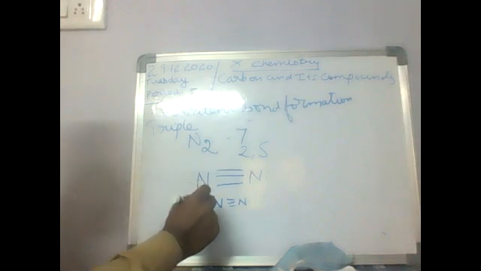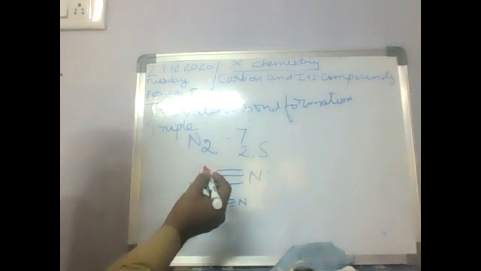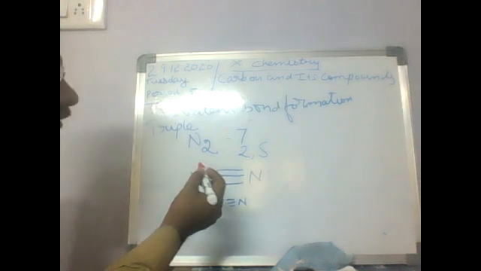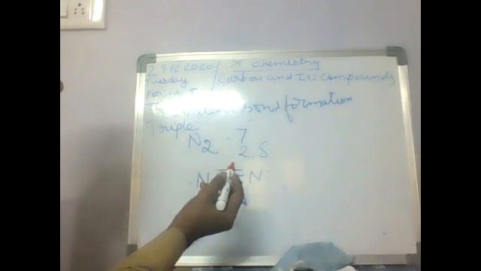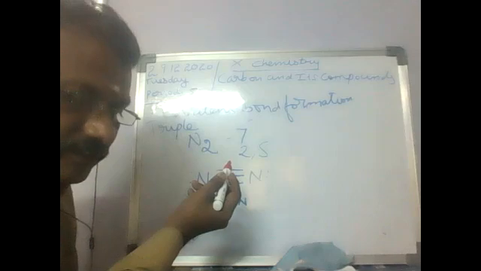Okay, so like this you want to draw. First of all, you must know the atomic numbers. Using the atomic numbers, you write the electronic configuration. From the electronic configuration, we can know how many electrons are needed to complete the doublet or octet. You already know the outermost orbit may contain 8 electrons to complete the octet. If it contains 8 electrons, it attains the stable configuration. So like this you can draw the electron structure for single bond, double bond, and triple bond formations. Any doubt in this?